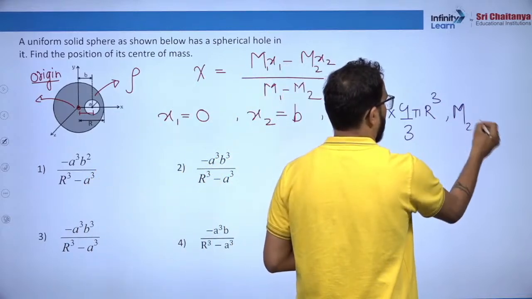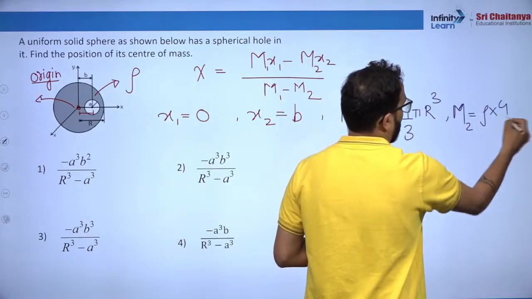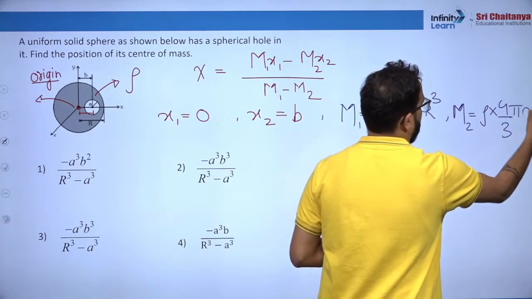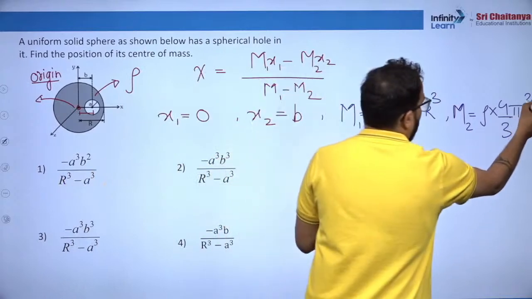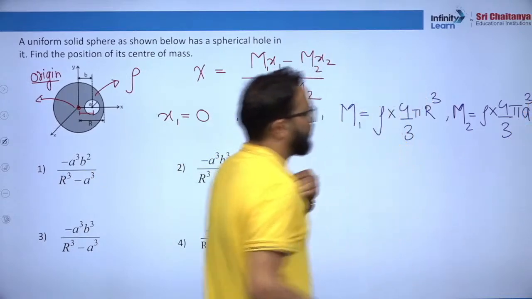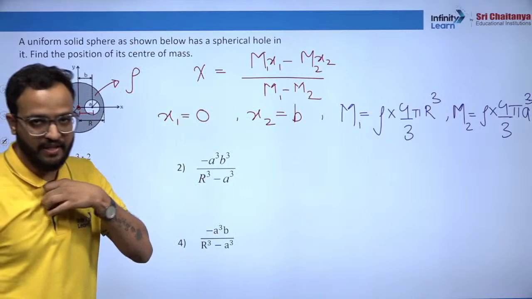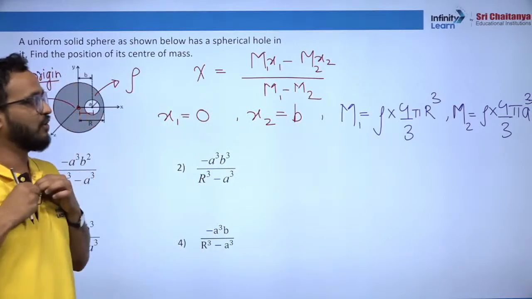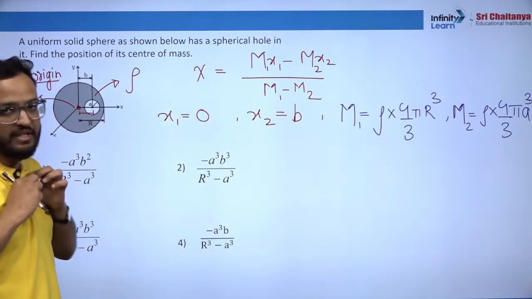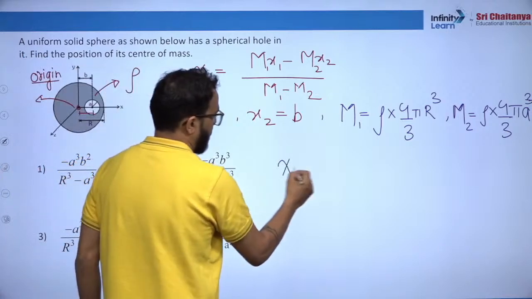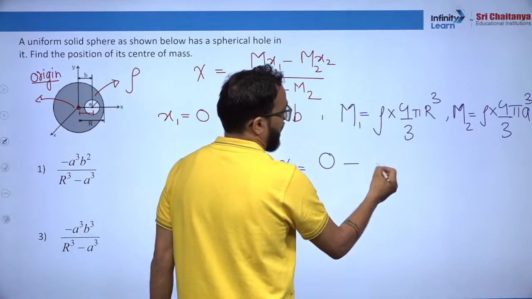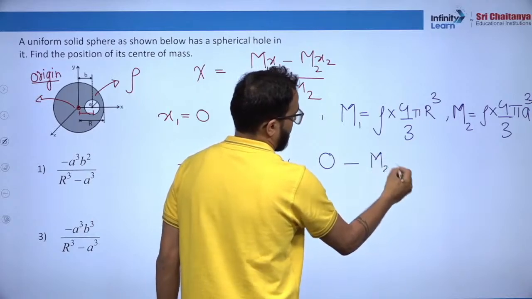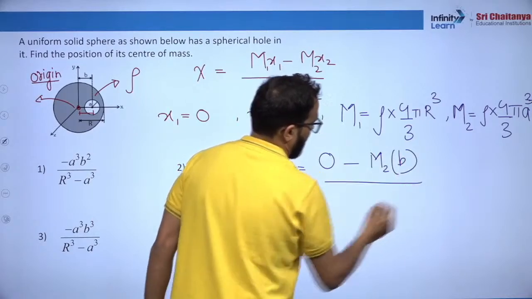You will say, sir, m2 will be rho into 4 by 3 pi a cube, because its radius is a. Okay, now we can say that m1 and m2 are proportional to r cube and a cube respectively, right? Can we say this or not? Now let's put these things in the formula. So it will become 0 minus m2 into b upon